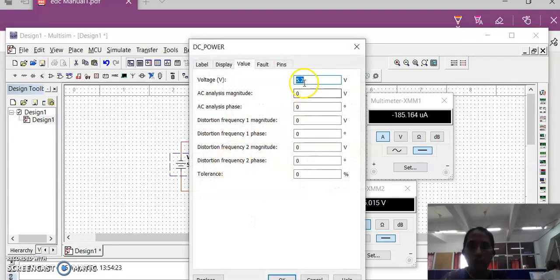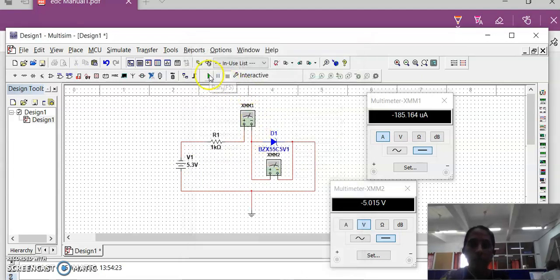You have to observe in the voltage from 5.2 to 5.3. Now from 185 microamps to 275 microamps, drastically the current is increasing, but the voltage we are getting is almost constant.